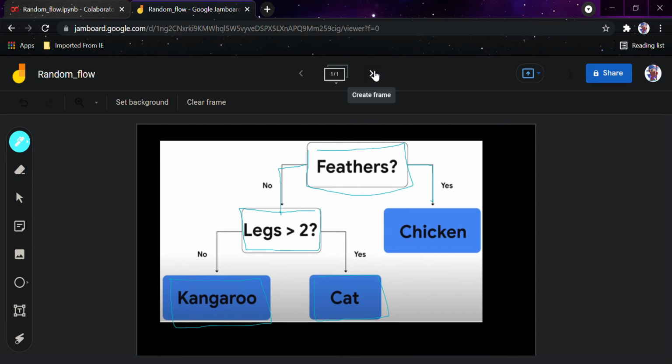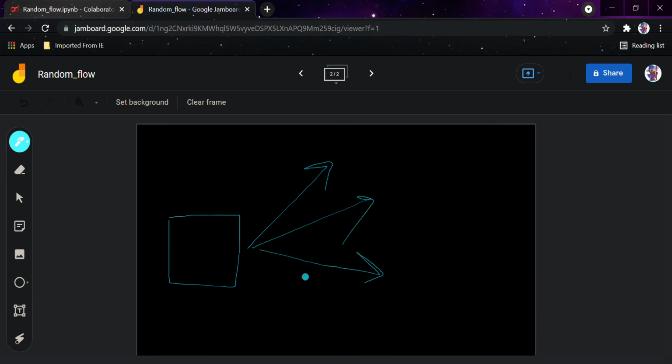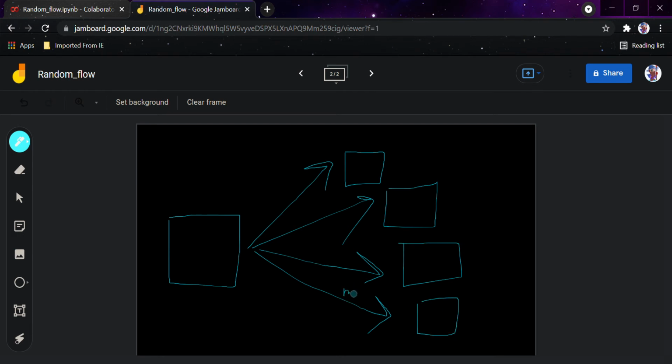Now you must be thinking, what is random forest then? Random forest is basically bootstrap aggregation. I know this term sounds a bit tricky, so I would be showing you. Suppose this was a data set. We have split our data set into, let's assume, 4 parts. Let that be n parts. This is the first part, this is the second part, this is the third part, and this is the nth part. These are the parts into which we have split our data set.